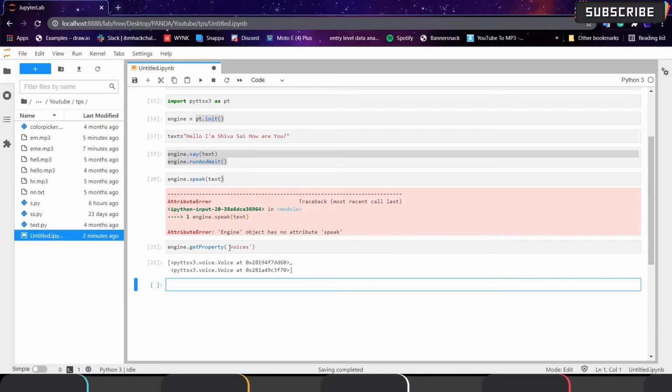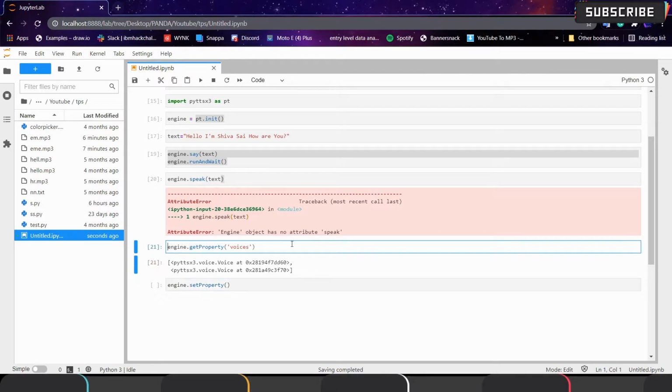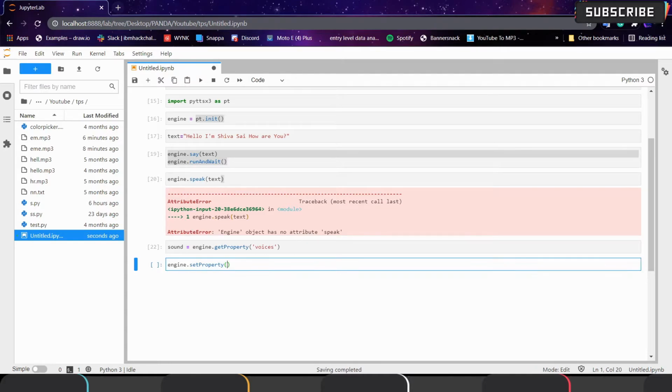Here we have two voices, one male and another female. First, we have to assign the sound to some variable. So now, sound of, like this.